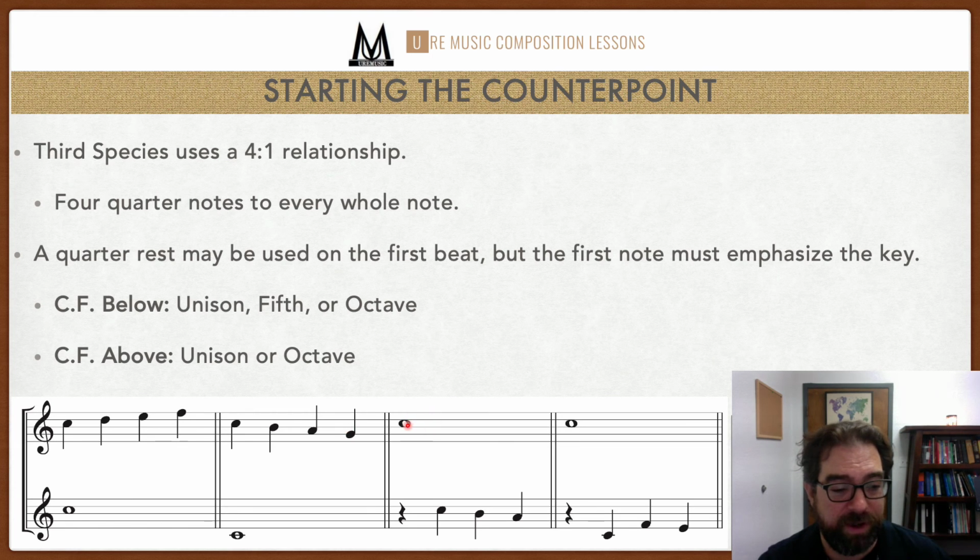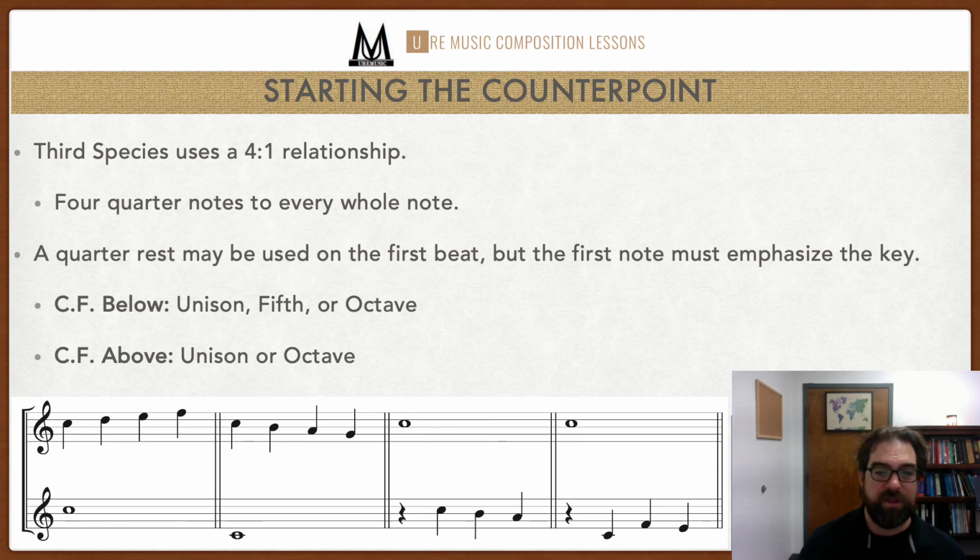Here we have a whole note, and the counterpoint is below. So we start with a unison. So we end up with a unison, a second, and then a third, and we start with that quarter note rest. Here we have a unison, and then we start with an octave. It jumps into a fifth, and then it comes down into a sixth. So there's many different ways you can start the counterpoint, but the basic concept from second species and first species